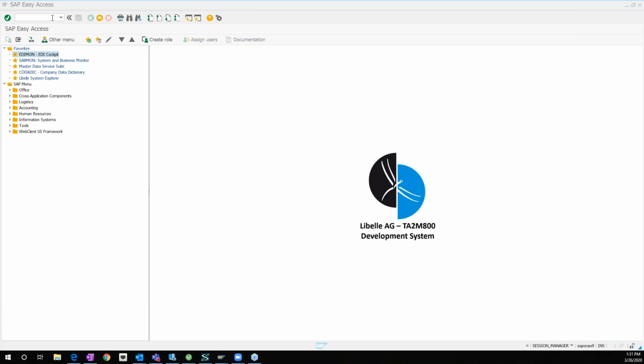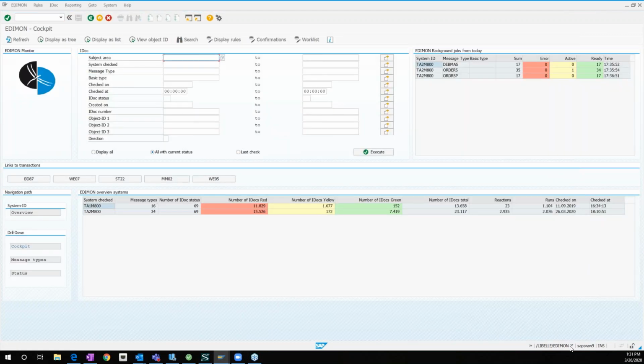And once the tool is available, there will be a transaction available for you, which can directly take you to the EDIMON cockpit. This is the transaction called /Libelle/EDIMON, and I have that set up in the favorites. When I double click on this, you can see that this is the T code and program transaction /Libelle/EDIMON. Because when we install the software, we bring the Libelle namespace with it, and that transaction code is created in that namespace. So all the data which we are